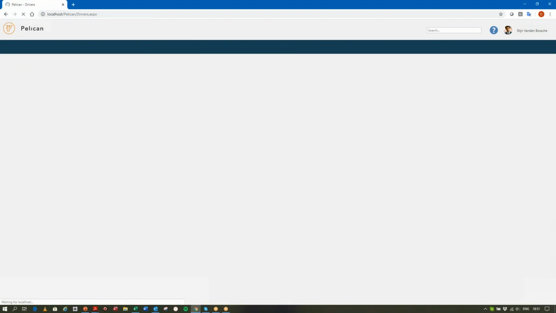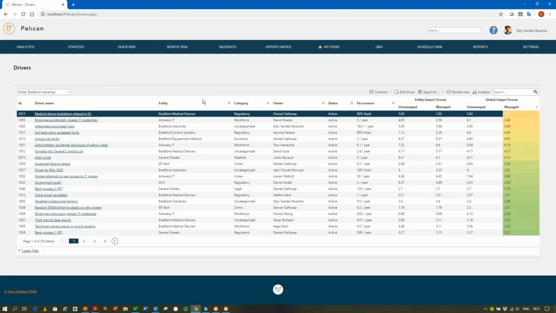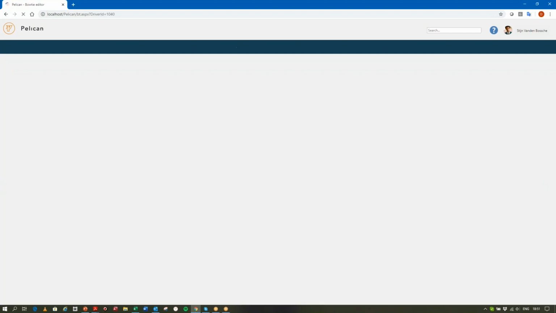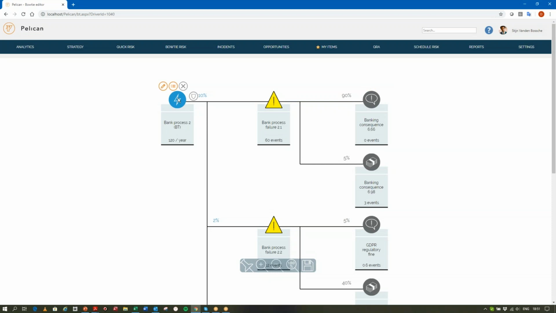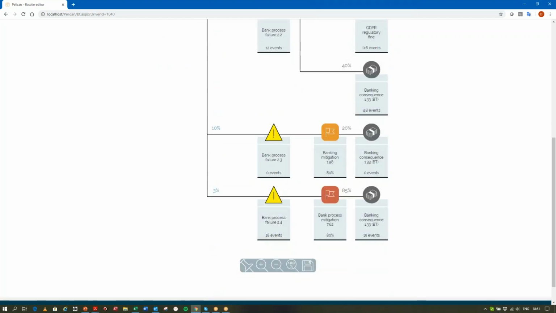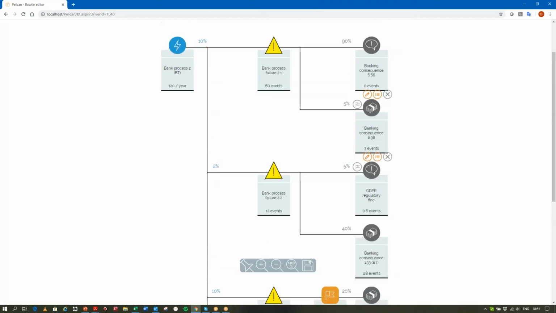We can also look at drivers. So for example, this driver here, if we look at a bowtie diagram, this is looking at a different view. It's saying we have one driver here, which is shared amongst many risks. How does this driver affect our risk portfolio? So this driver is a key factor behind all of these different risks, which in turn have all these different